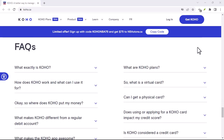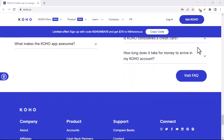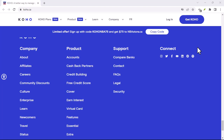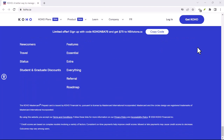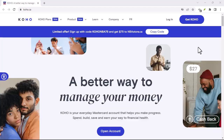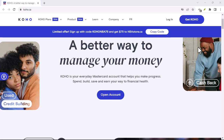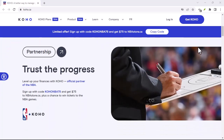Imagine a world where your bank account is actually a sleek app on your phone. No more waiting in line or deciphering cryptic bank statements. That's the beauty of KOHO. It's a spending and savings account rolled into one, complete with a prepaid MasterCard. You can think of it as a supercharged debit card that lets you spend, save, and track your finances with